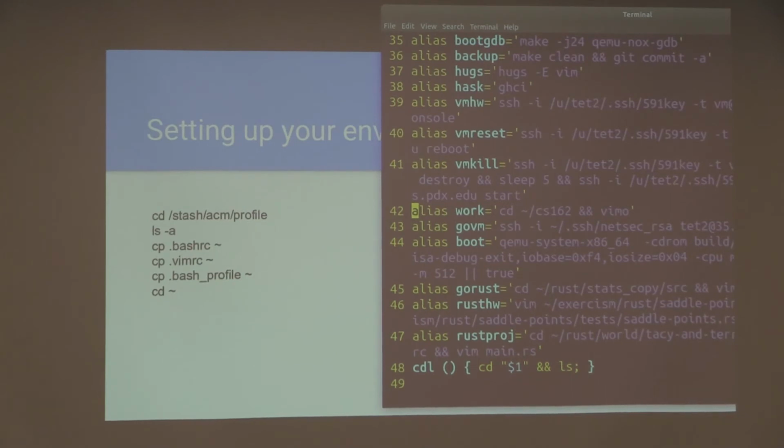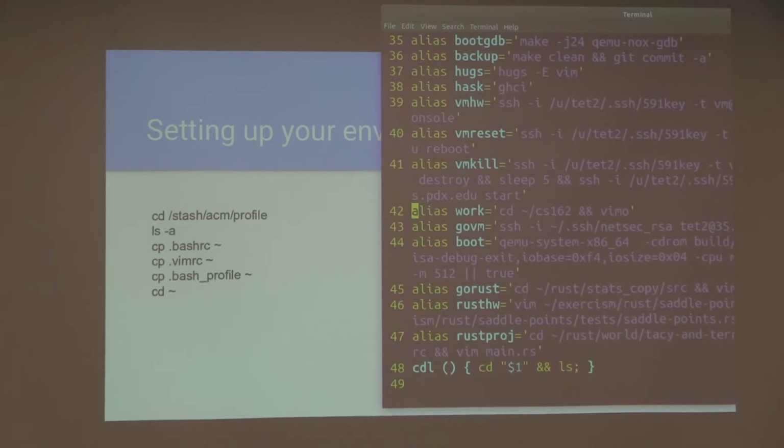They type ls and say, okay, now I need to go to my 162 assignment. So I'm going to cd into CS 162, type ls again and say, okay, this is where I want to be. Then they say, I need to vim this specific file. So we type vim and then the file. And now we can start working.